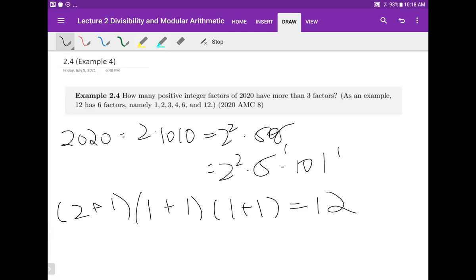Now we can approach this problem 2 ways. First, we can list its factors and find those that have less than 3 factors, and then subtract that number from 12. Or otherwise we could just find how many have less than 3 factors by simply looking at the prime factorization. So let's see. What I would do here is